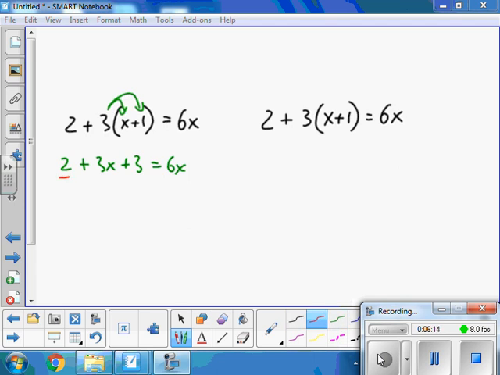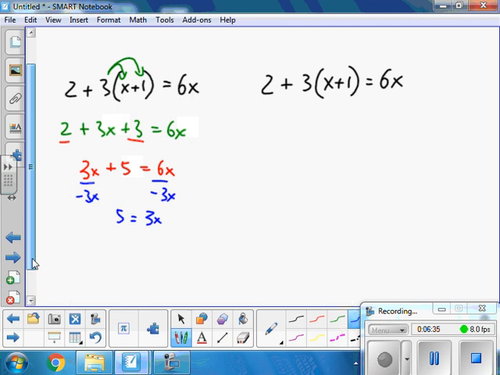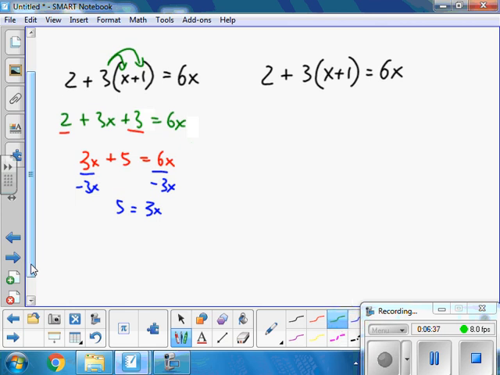I'm combining terms, so I've got 3x plus 3, 4, 5 equals 6x. I'm still adding and subtracting, so I have x's over here and I have x's over here, so I'm going to subtract all the x's on this side and subtract them from this side, so I end up with 5 equals 3x. And then I'm going to divide by 3 because it says 3 times x, and to undo it I'm going to divide by 3. So I'm left with x equals